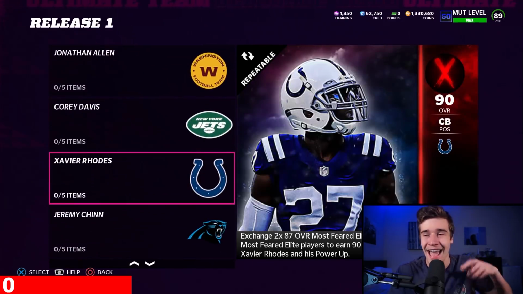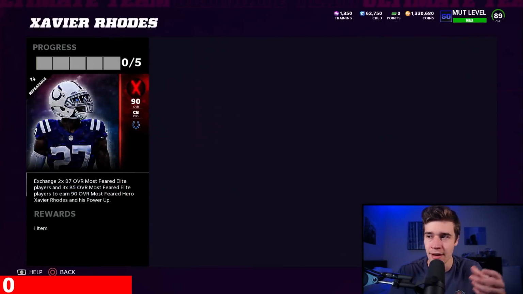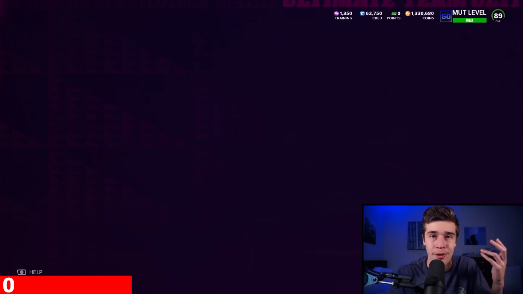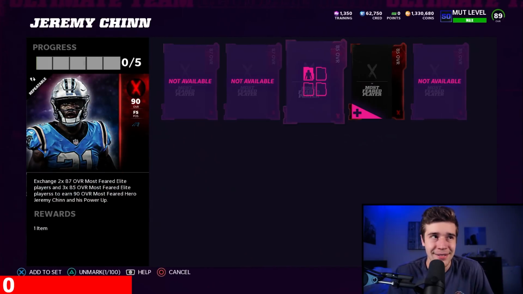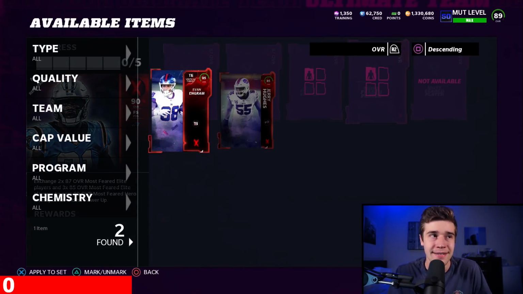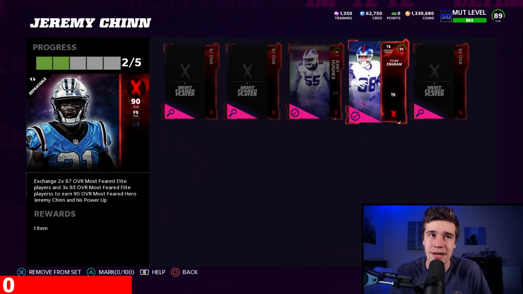But wait, boys, as you guys know, in step number 2 of the method, we were able to get some of our 85s for free, and that was from simply pulling those 81 plus overall player packs. So what I'm going to get you guys to do is put in any of your 85s, any of your 87s into the Jeremy Chin set right here. As you guys can see, we pulled 2 85s. These are some free players, and that's going to tack off around like 40,000 coins off of the price of